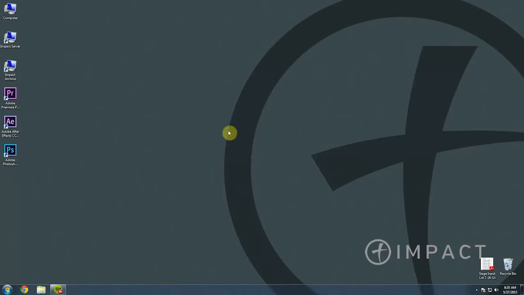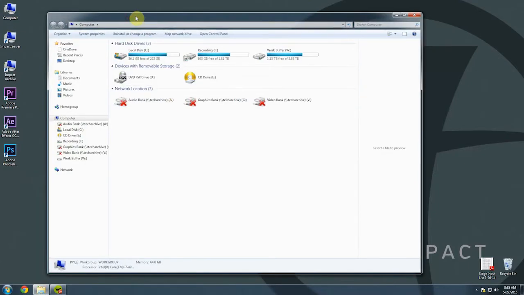So to get started, let's go ahead here on the desktop and double click on the computer. And this is going to open up 3 primary hard drives that we're working with on this computer. The local disk C, which contains the operating system. Never really need to do anything with this drive. There's the recording F drive, which is where all of the final edited and compressed video files go. And then the work buffer is where all the raw recordings are saved that are dumped from the video mixer